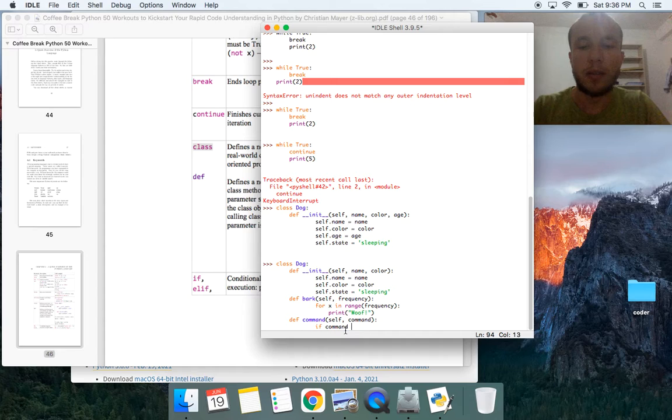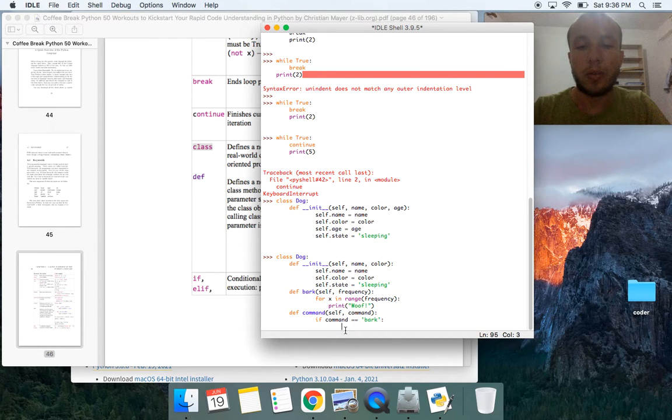If command is equal to bark, I'm going to execute. Okay, so now command should be different. Bark is separate, so I'm going to do if command is equal to wake up,